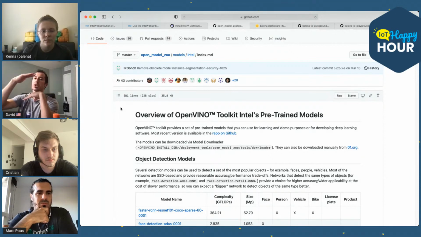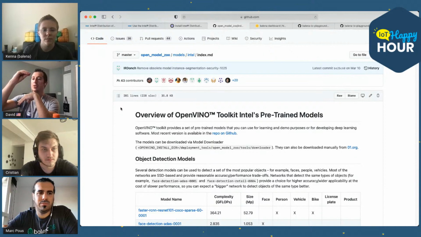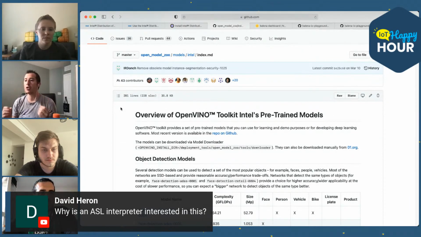So you can use the same sample application, for example, object detection, and you can swap the model, which has been trained a little differently, might have more or less accuracy, might be larger or smaller, might be able to detect certain things.